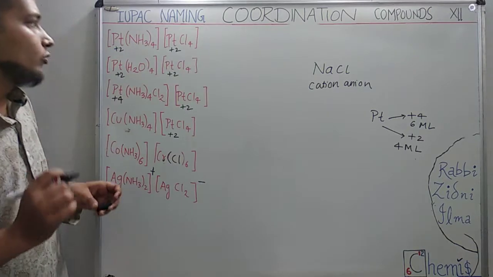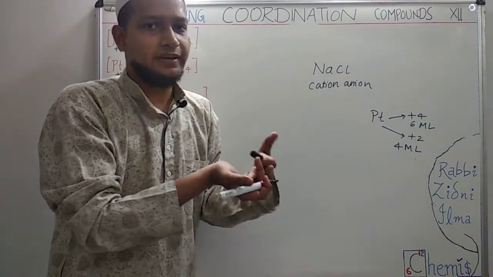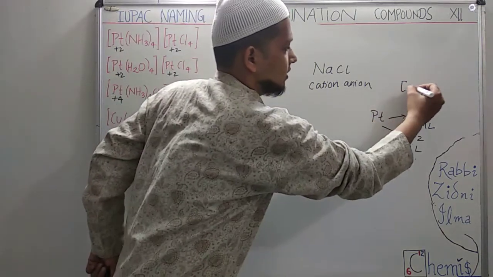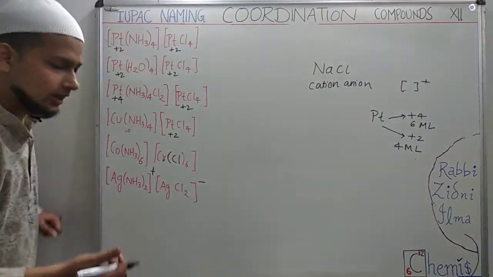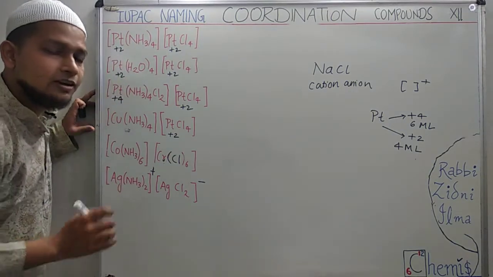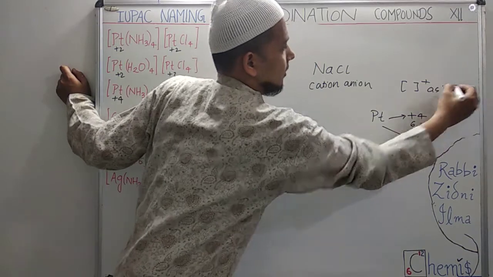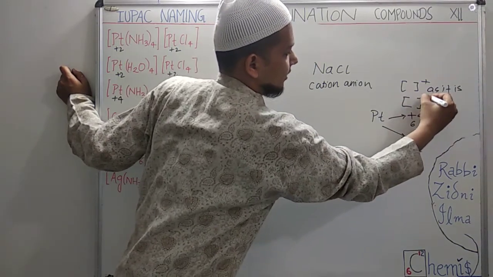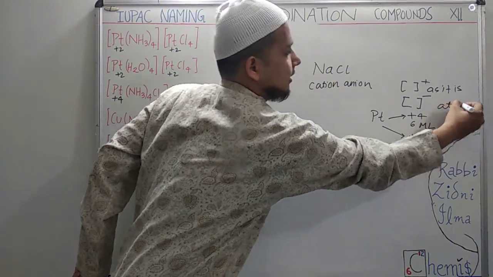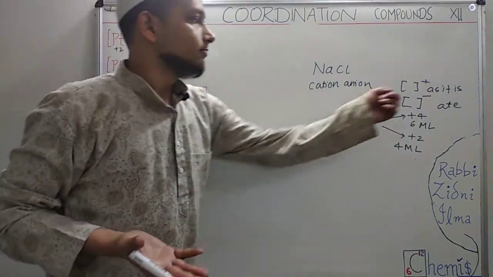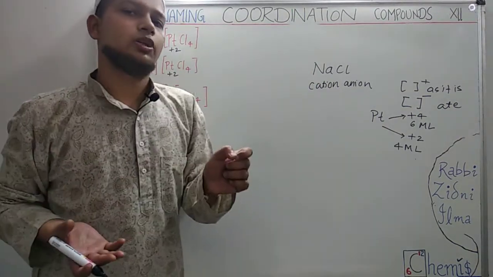There is nothing to worry about in this naming. The only thing you need to know from the previous experiences is that if the coordination pair is positively charged, which one is positively charged? The first one is positively charged. We will name the metal as it is. But if the condition is reversed and it has negative charge, then "ate" will be added in the name of the central metal. Remember this, and you will never get any question wrong.